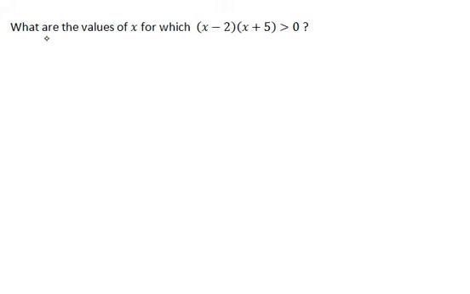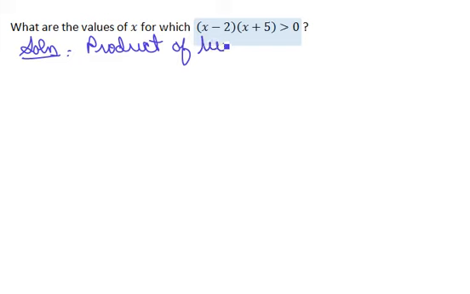For this problem, we're asked to find all the values of x for which this product, this expression, is greater than 0. So in other words, we're looking at a product of two real numbers. We want to know when that's positive. Well, we know that the product of two real numbers